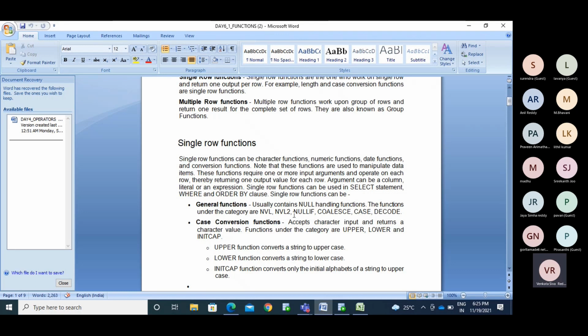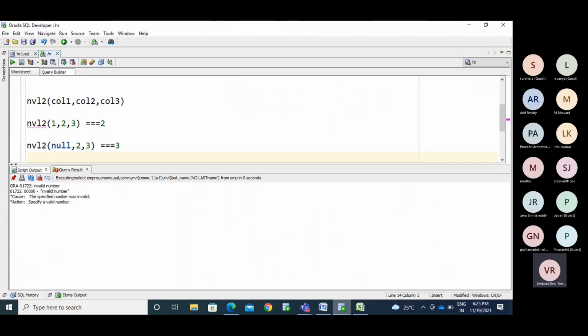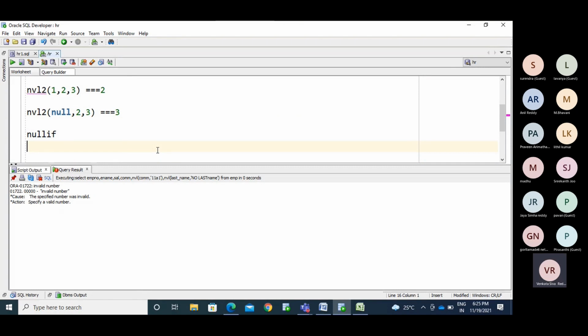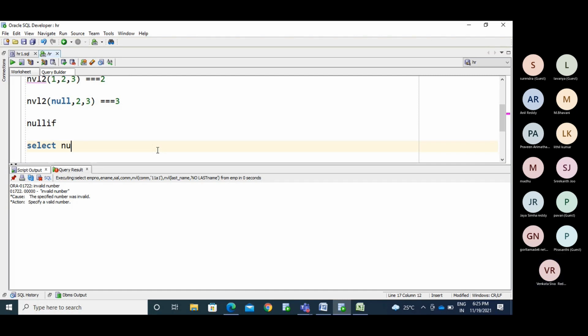What else we have: the NULLIF function. This NULLIF function will help.